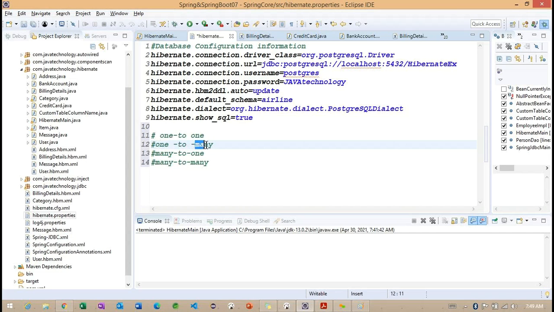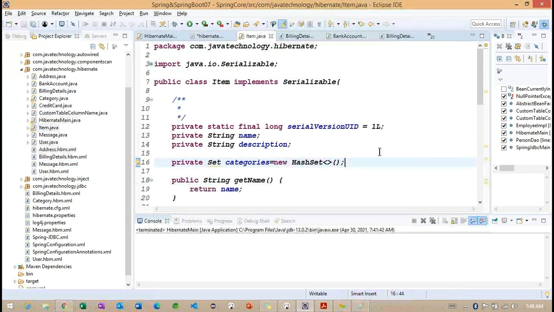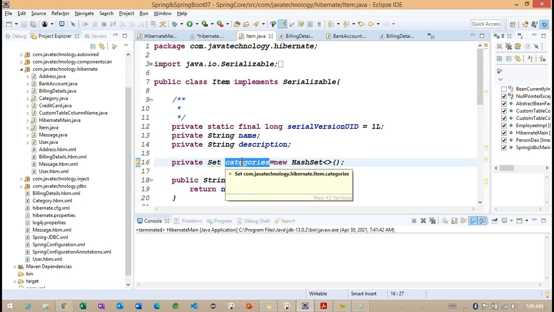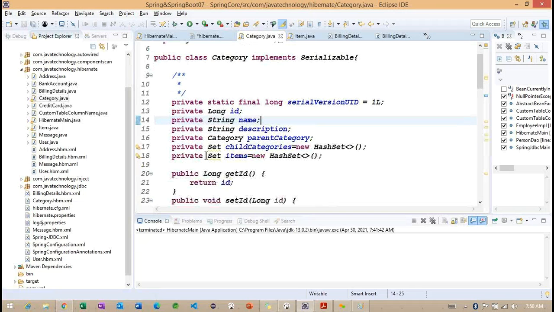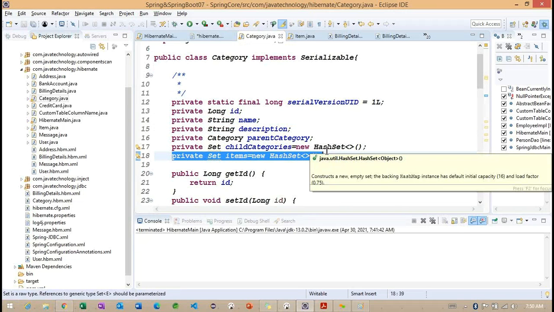So something you can understand here. One category we are having. So inside the one category, we are going to have multiple child categories. Getting the point. So initially we identified the example when we were working with the category object here. The same we are going to work with the item and bid here. So using this particular item and bid, how are we going to insert this data here? So to understand, we need to check with the item here. Now you can see inside this particular item, we made a category. Right. So now we need to check with the category. So inside this particular category, we are having an item.